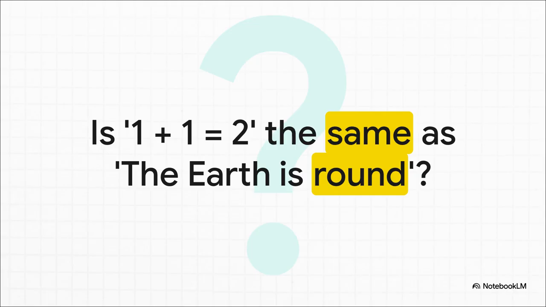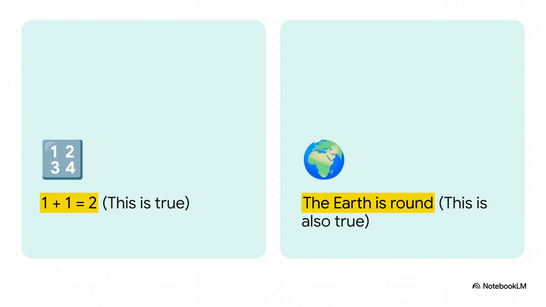You see two statements here: 1 + 1 = 2, and the Earth is round. I mean, we all know they're both true, right? No debate there. But here's the real question. Are they the same? Do they actually mean the same thing? In the world of classical, old-school logic, the answer is, well, yeah, kind of. And that answer, right there, shows us a really fascinating limitation, a sort of blind spot that we're going